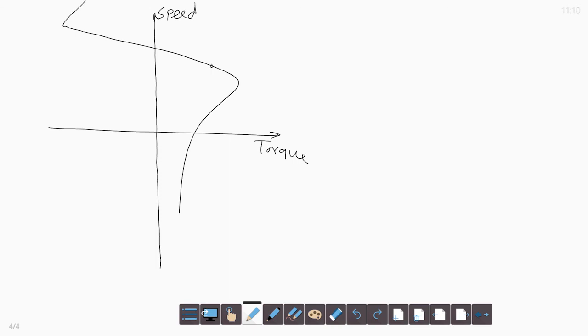Suppose this is the motor speed omega m1 at point P1, when the frequency is fixed, and at that point the machine is driven by an overhauling load like a hoist mechanism, a loaded hoist or loaded crane moving down. So they are the active loads. The overhauling loads are also called active loads. The active load drives the machine.